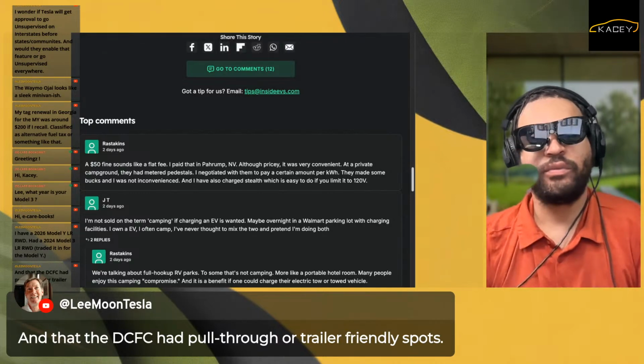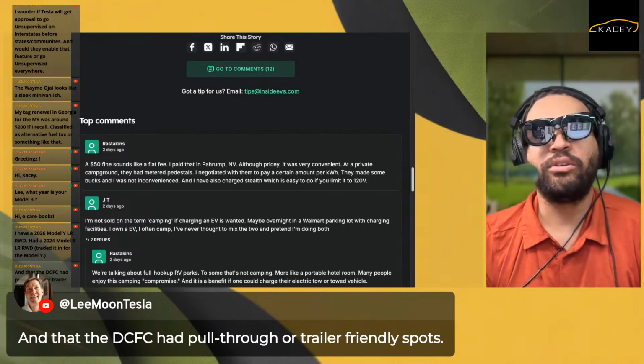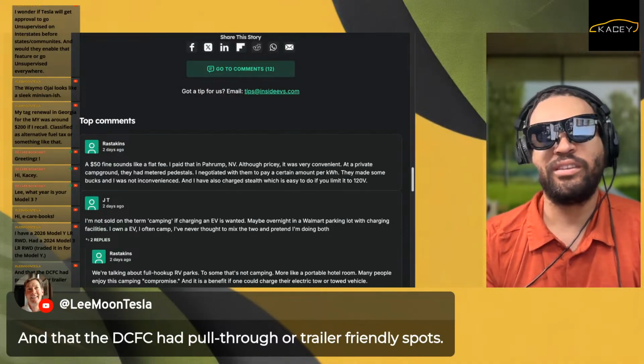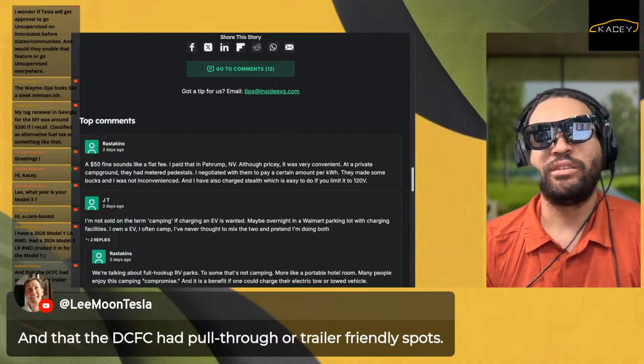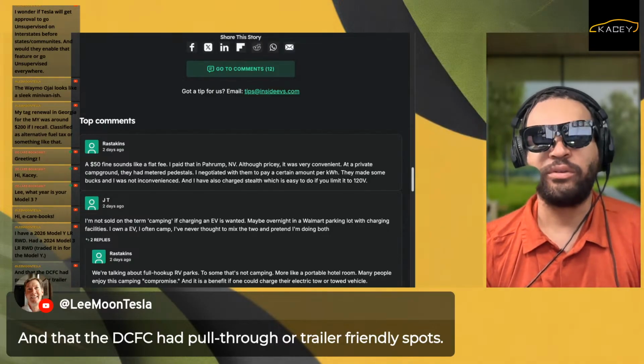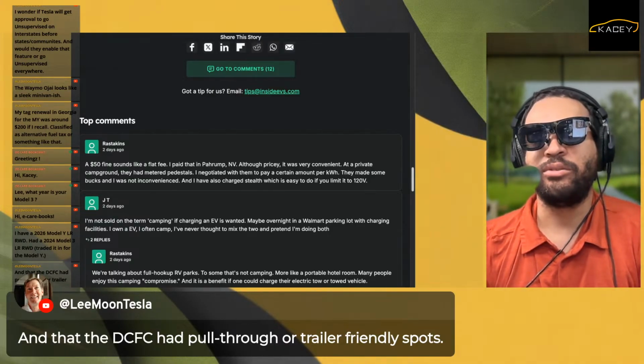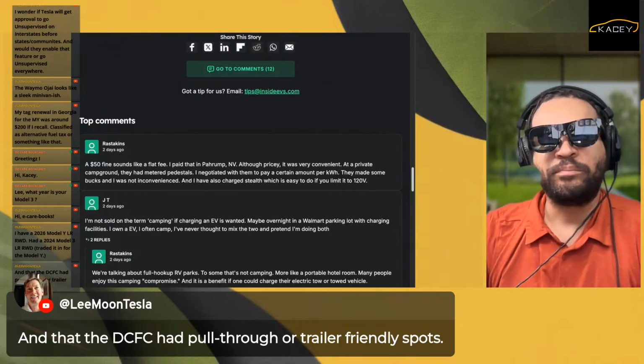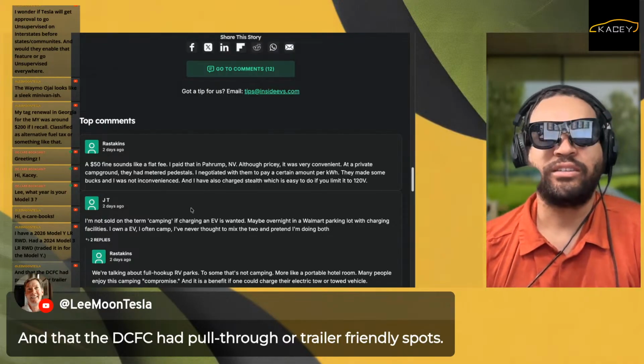I mean, if it was a free perk to get you to shop longer, I get that. But if you got to pay for it, then they should just say, hey, only while actively charging, because we need this spot for our customers. So after you're done charging, if we see you here and the meter is reading 0, we're going to charge you. But to not let you leave at all, that's crazy.